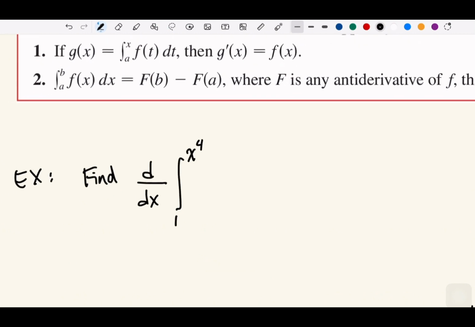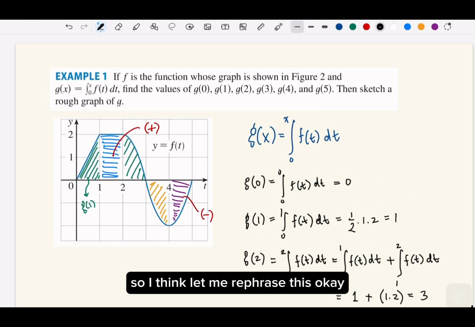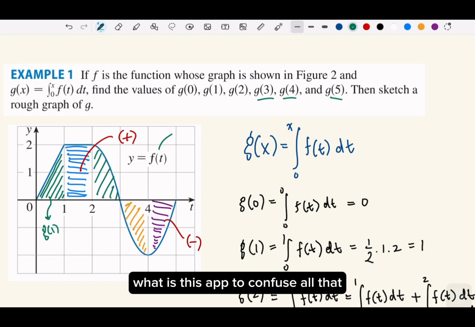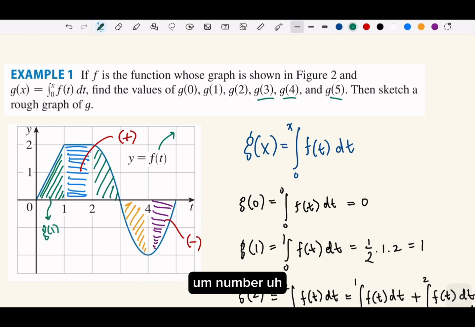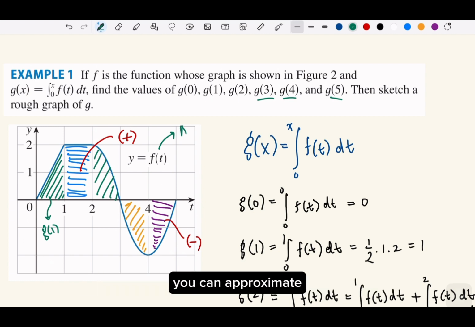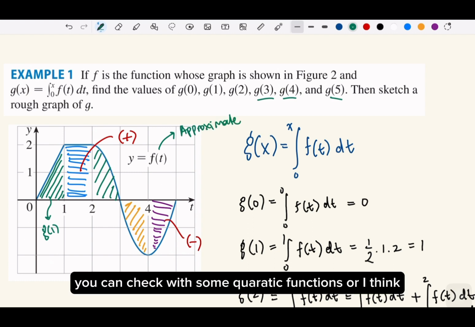Okay, so let me rephrase this. The question is asking G(3), G(4), and G(5). But actually, you need to know what this f is to compute all those numbers. What you can do is, if you don't know anything and you want to compute, you can approximate. And how to approximate? You can check with some